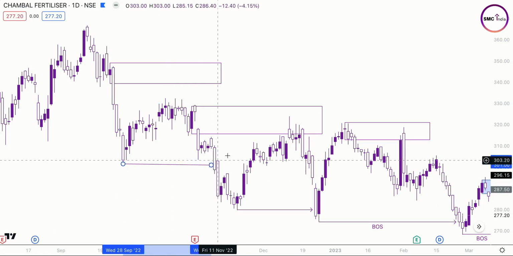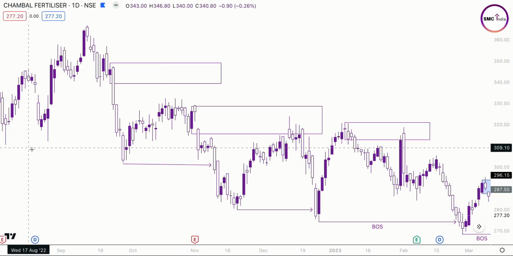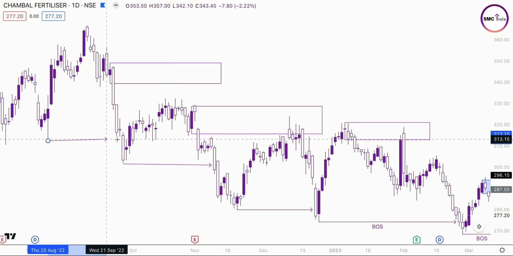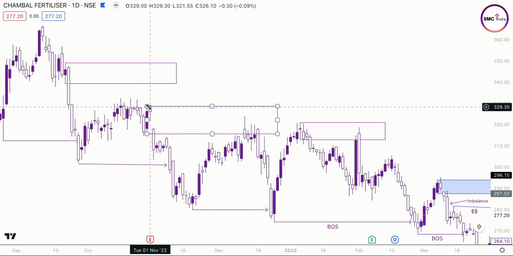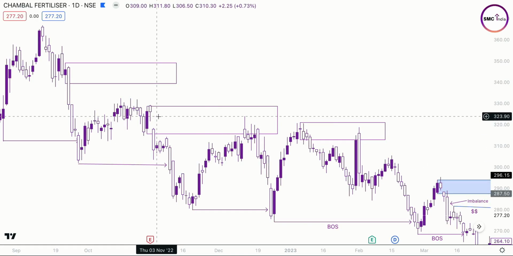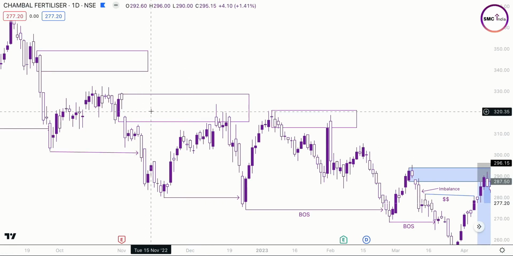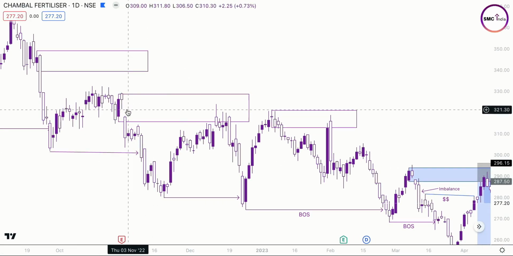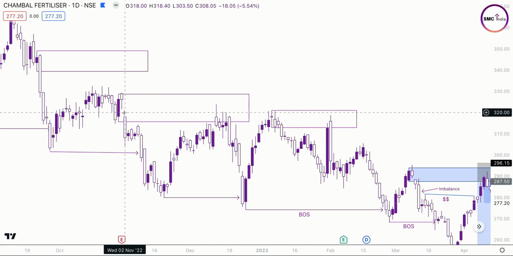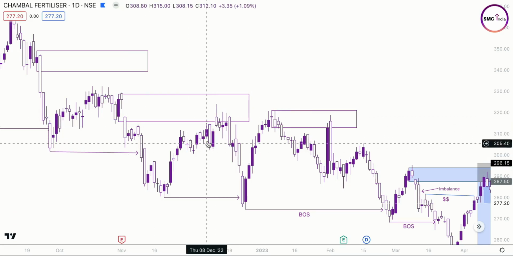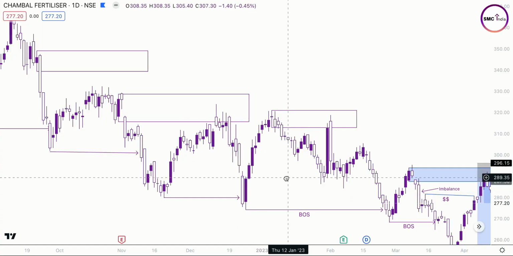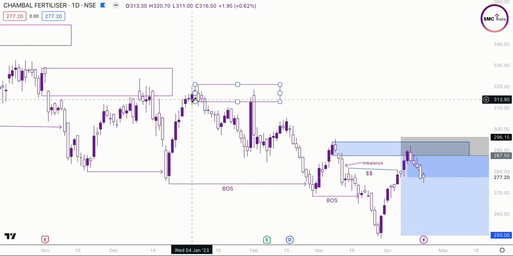This is a clear break of structure to the downside. This was the previous break of structure to the downside. And what happens is that after this buy candle, the market causes break of structure, and there is a gap. There is a high chance that this gap is filled, and this is what happened here. The gap is filled and the market shoots down again,